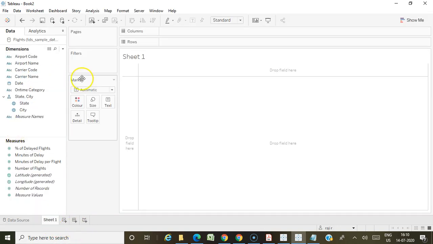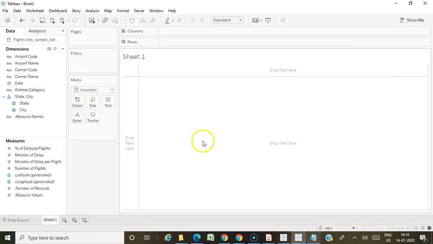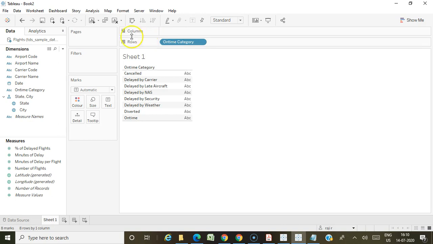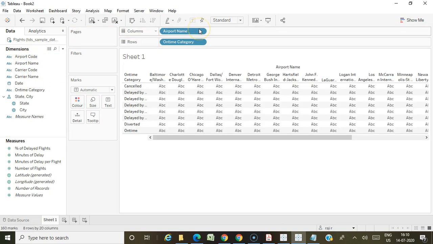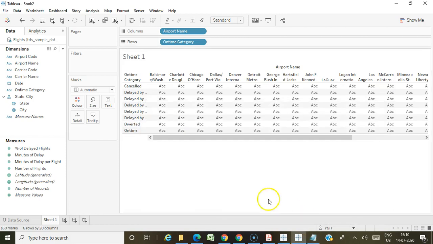We are going to create a crosstab with on time category and airport, based on sum of flights, the number of flights.